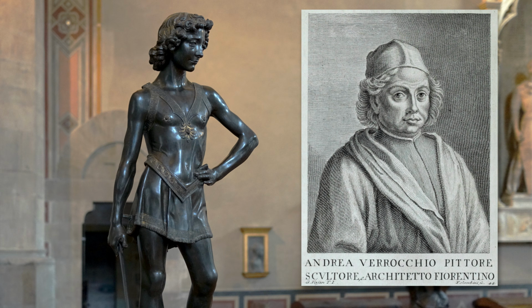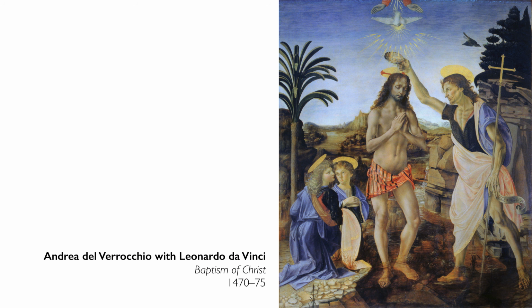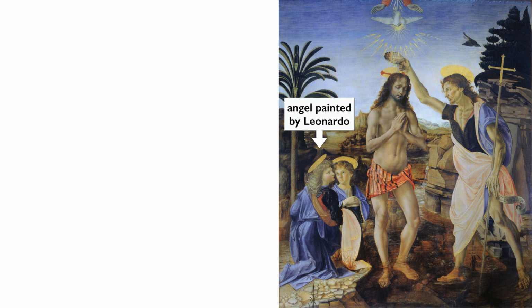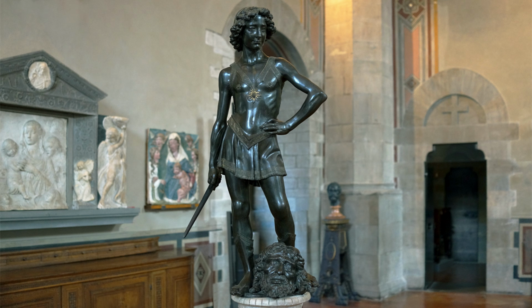Now, this was made by Verrocchio, who is both a sculptor and a painter, and is perhaps most famous because he had a large workshop in Florence that included, among other students, the young Leonardo da Vinci, who learned to paint under Verrocchio's tutelage. Verrocchio represents the moment immediately after the battle.